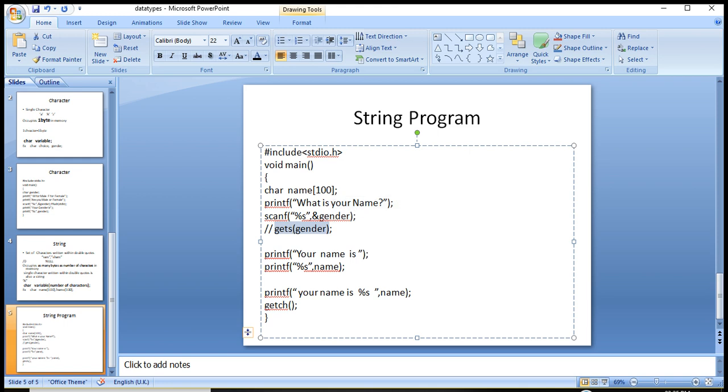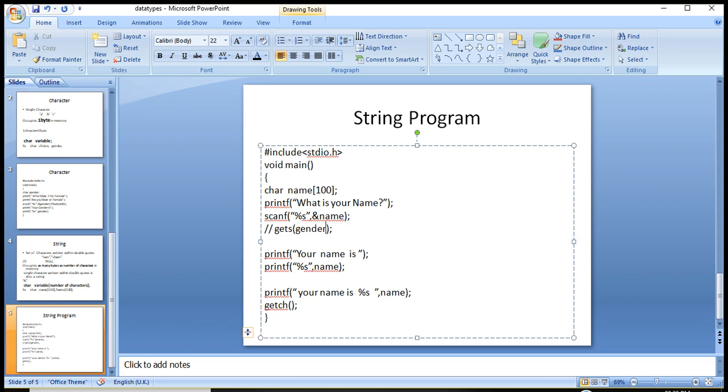And printf "your name" is another method to print the message on screen, because in these two lines we have used the printf function two times, but the two lines can be written in a single statement as highlighted. So this program is for getting string type data entry and showing the entered string onto the screen.